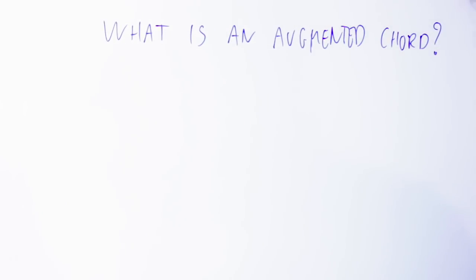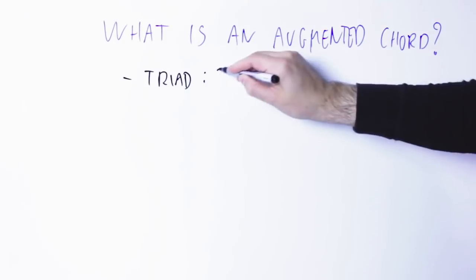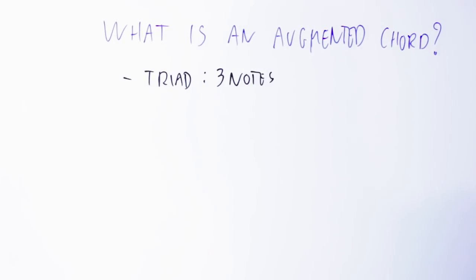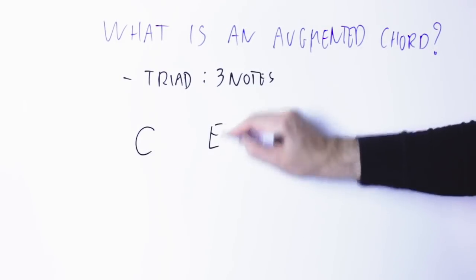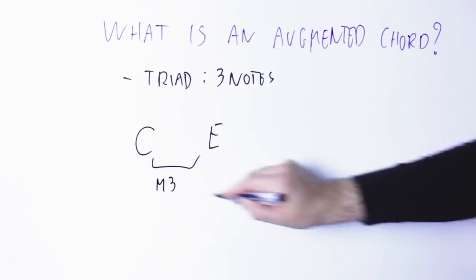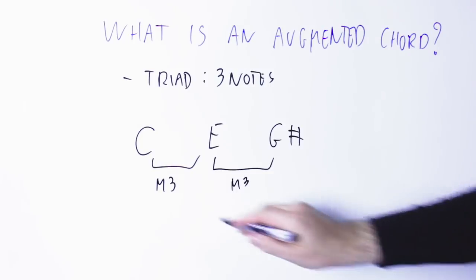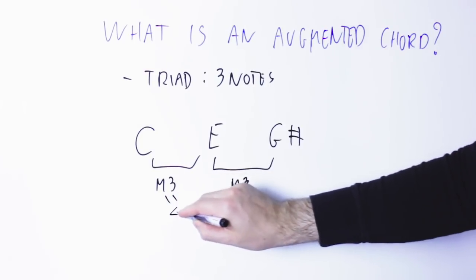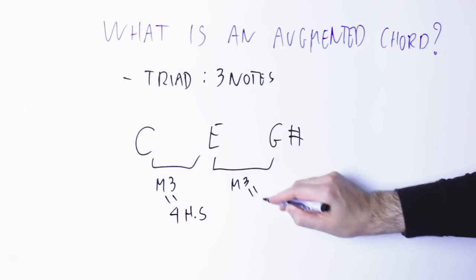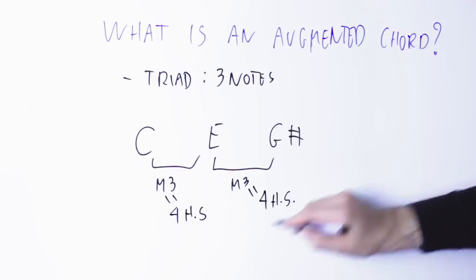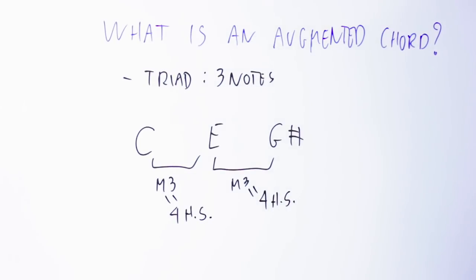An augmented chord is a triad, meaning a chord of 3 notes, with the notes a major third apart. So for instance, a C augmented triad will have the notes C, E, which is a major third above, and G sharp, which is a major third above. Now a major third is 4 half steps. So between C and E I have 4 half steps, between E and G sharp I have 4 half steps,